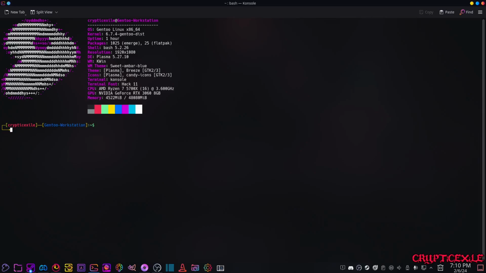Like FreeBSD is probably the easiest way to install KDE 6. I gotta say, of all systems, you would think FreeBSD would probably be the worst. It actually was the easiest process for me to install KDE 6 onto the system. Arch Linux is pretty much right on par with FreeBSD. I would say that the reason why I say FreeBSD is easier is because all you got to do is